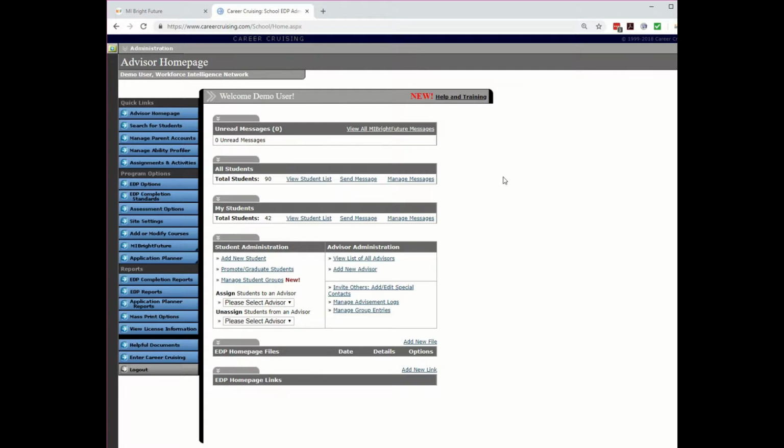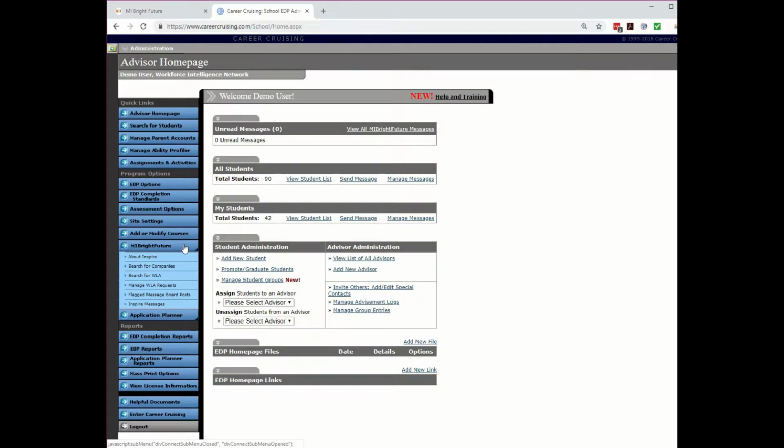When My Bright Future is activated for your school, it layers additional features to the blue column on the left-hand side of the screen, and also enhances existing features like unread messages, EDP completion standards, and reporting options. To enter My Bright Future, find and click the My Bright Future tab on the left to open a drop-down list of available options. Through this menu, you can access the same database of companies and work-based learning activities as